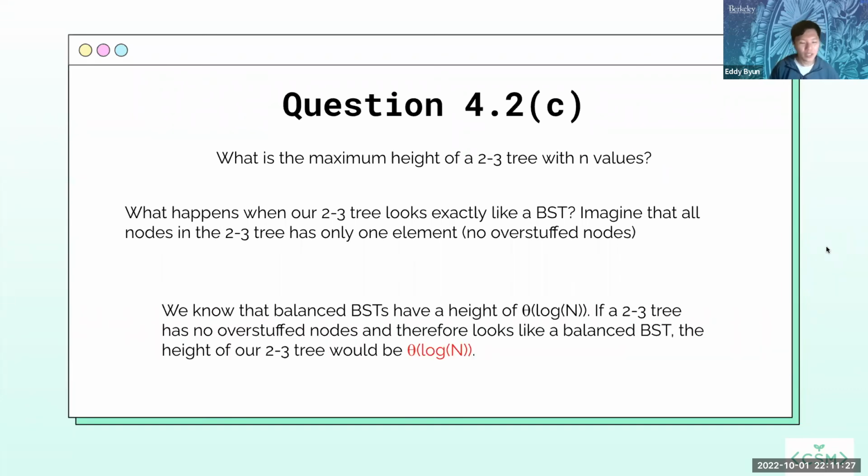And what we should notice is that we know that balanced BSTs have a height of theta log n. So if a 2-3 tree has no overstuffed nodes and looks like a balanced BST, the overall height of our 2-3 tree in that case would be theta log n. So the maximum height of a 2-3 tree with n values is theta log n, which is great, by the way. We get the nice theta log n runtime. Okay,